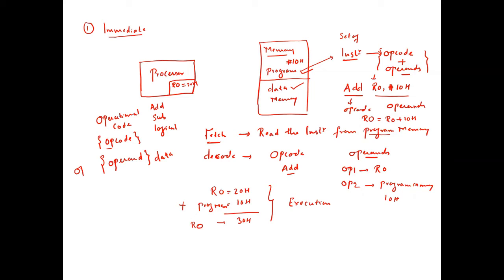But if you look at the 2 source operands, we could have given it like this: add R1 comma R0 comma #10H. So this way it becomes the 3 address instruction format. This represents the destination, this represents source operand 1, and this represents source operand 2, right? And R1 is equal to R0 plus 10H. Now this is the 3 address instruction format. In the 3 address instruction format, we specify the destination separately and the 2 sources separately.